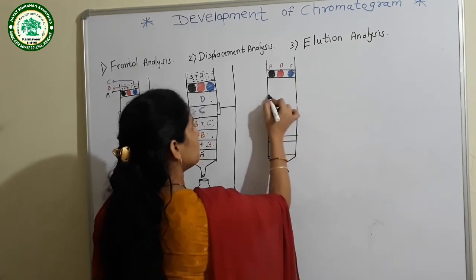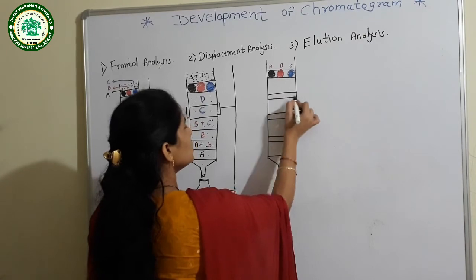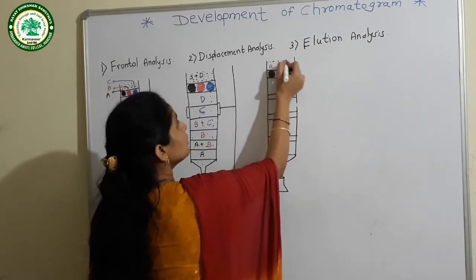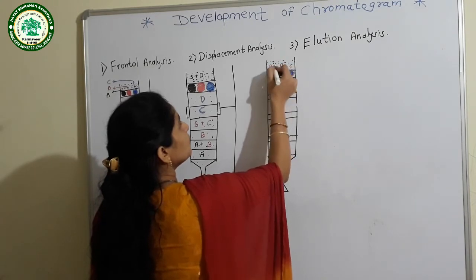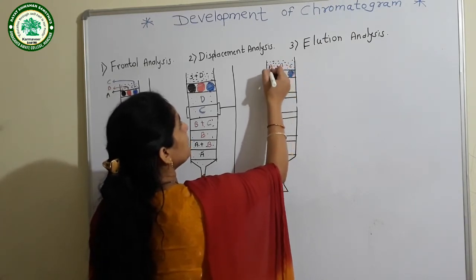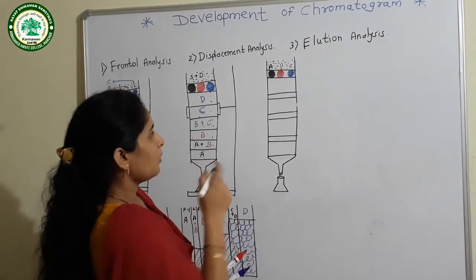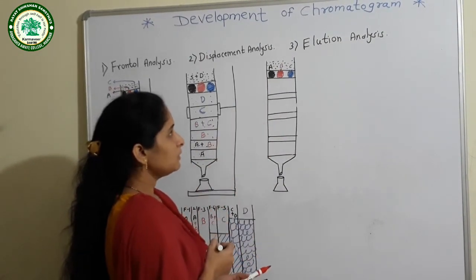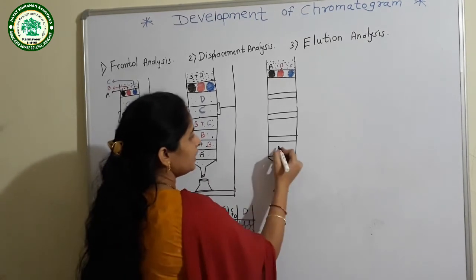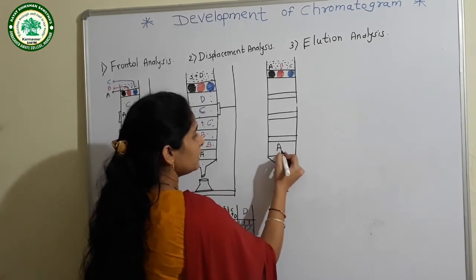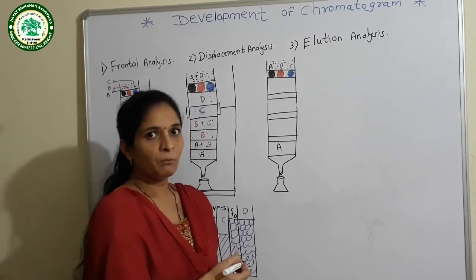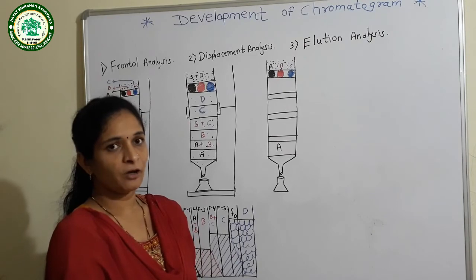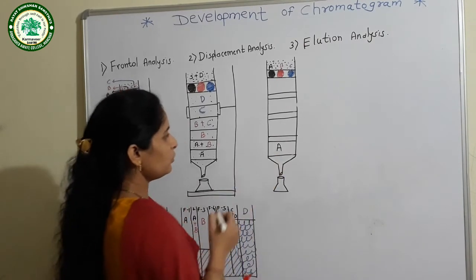There are three bands. These bands are for the solvent. When we run this mixture of component A plus B plus C over the stationary phase, when mobile phase is run, what happens? The component A will elute first. Why will component A elute first? Because A component is loosely bonded to the stationary phase, therefore A component will elute first.